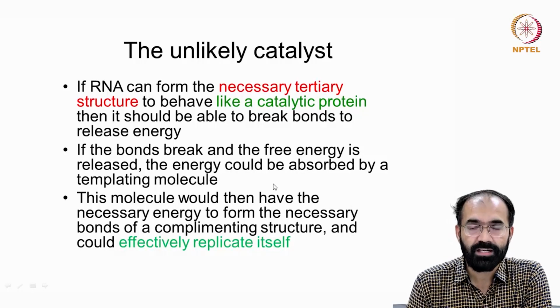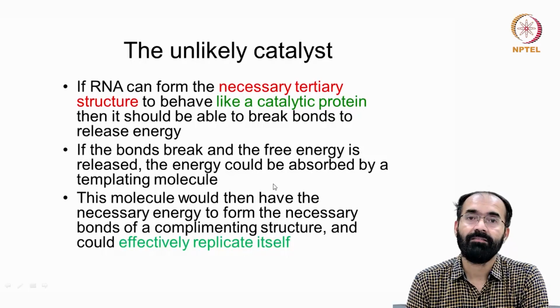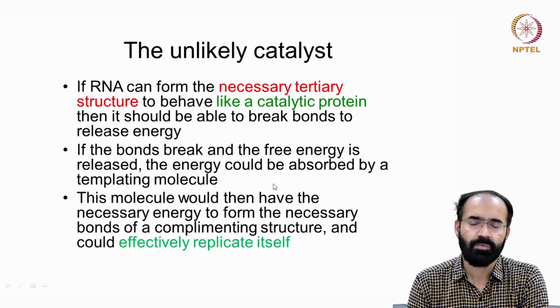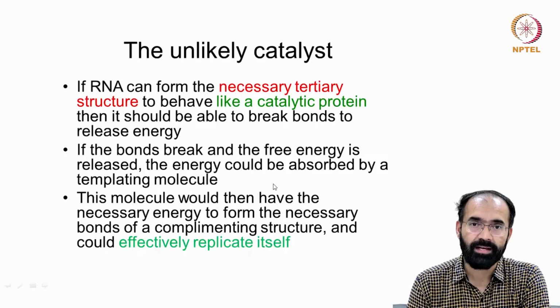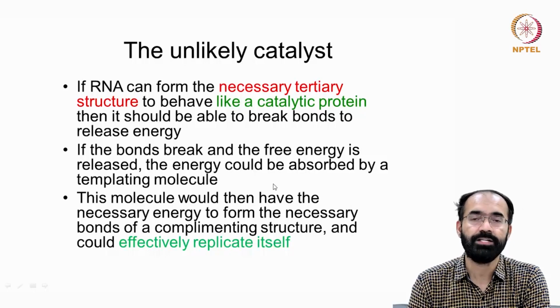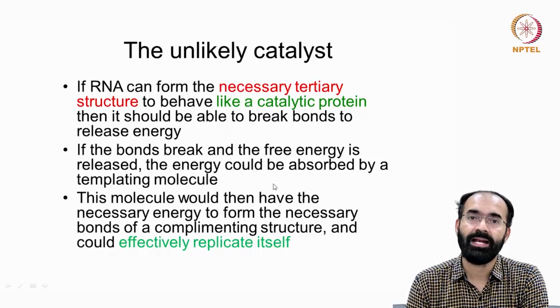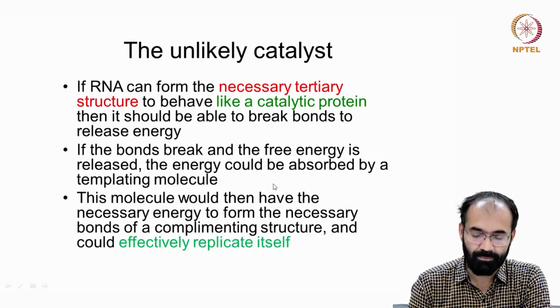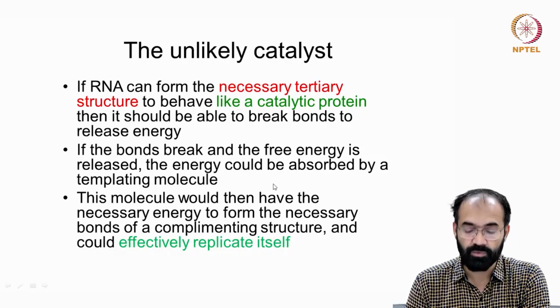So what are the points we covered so far? We should have a clear template, and that template should have the necessary secondary structure which is powerful enough to capitalize the chemical energy from whatsoever possible surroundings, and it should be able to catalyze the polymerization of nucleotides which is complementary to the template, so that you end up getting a new RNA molecule which is complementary to the template. Then it is a successful ribozyme.